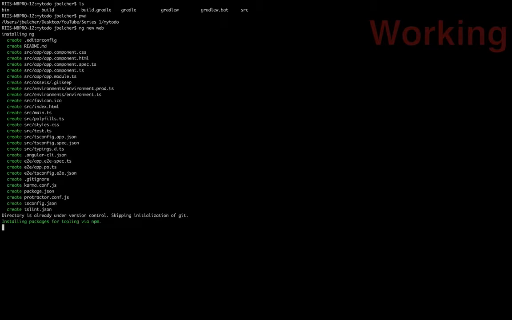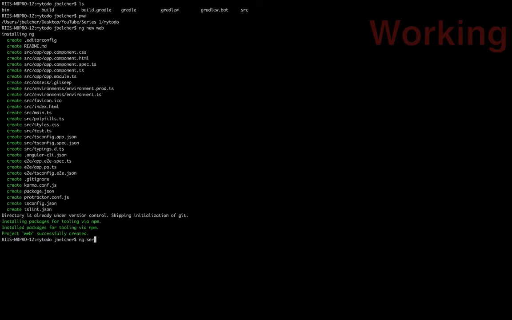And it does take a minute. So as you can see, it's creating all kinds of files for us. It's going to get everything set up. It's going to set up Karma, so we can do our unit testing. All that will be there and working right out of the box. Similar to how Spring worked right out of the box, Angular 4 works right out of the box. So let's give that a moment while that sets up for us. Okay, so if we want to see what the application looks like right out of the box,